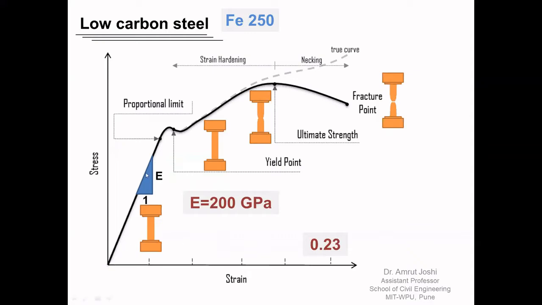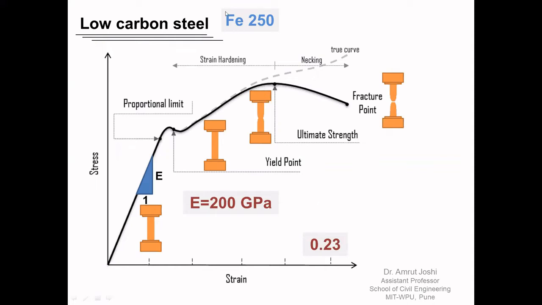Now on this linear portion of the stress strain curve, I have shown Young's modulus graphically. So the slope of this line will be delta y upon delta x. If I freeze delta x to be 1, delta y will be E itself, or Young's modulus of steel under uniaxial tension. That value is 200 GPa. So for mild steel, which is denoted by Fe250, we have two important characteristics. One is its modulus of elasticity, 200 GPa in the linear elastic zone, and its ultimate strain is 0.23.